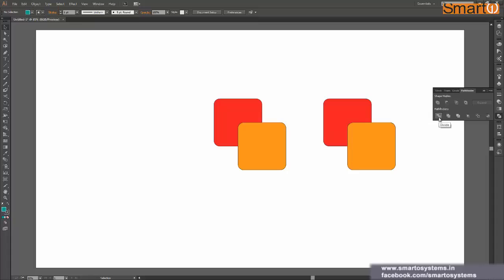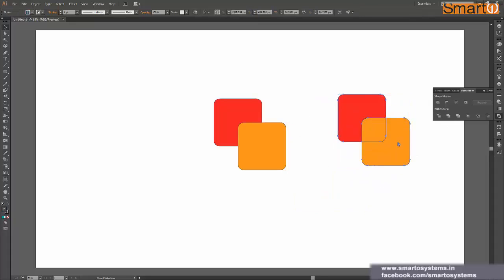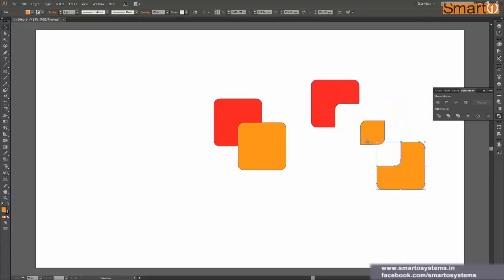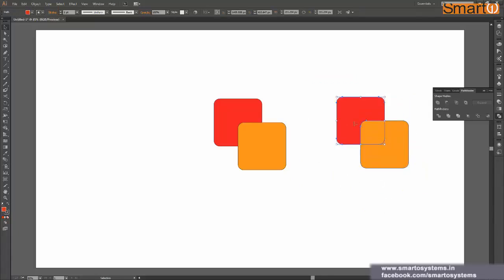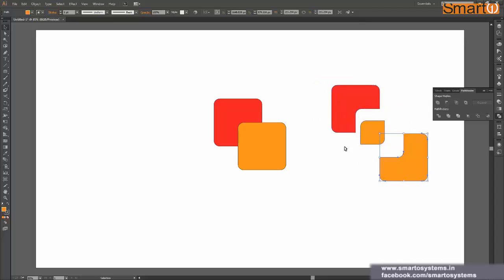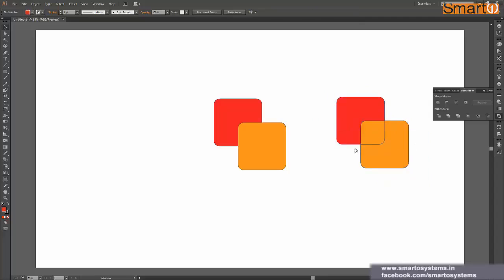So one of these operations is divide. Just select these two shapes and perform the divide operation on them. Now this is one single shape, so I'll press Control Shift G, that is, ungroup this shape, and now I can click and move this so that I have achieved something like this after performing a divide operation. I have all my shapes, but they have been divided from the intersection part.